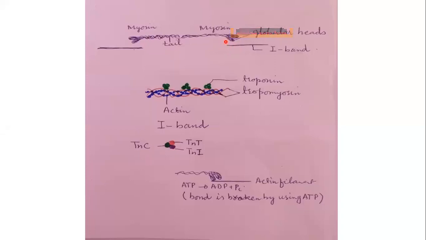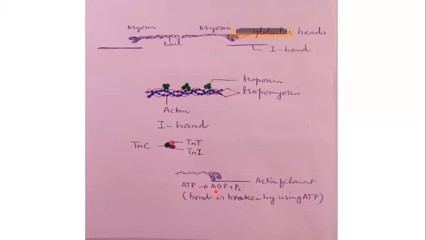Now each myosin molecule is surrounded by six actin filaments, and once a bond is formed between actin and myosin, muscle contraction occurs. Now how does the muscle go back to its original position, or to its relaxed state, or how is this bond broken? As we know, muscles can be pulled, but they can never be pushed. Muscle fibers can never be pushed. So how are they sent back to their original position? This happens just because of what? Hydrolysis of ATP.